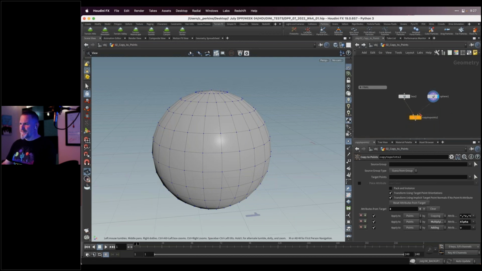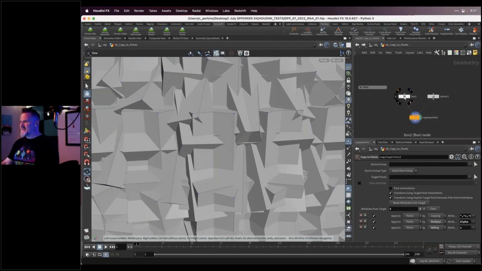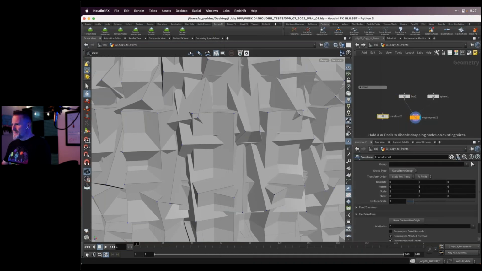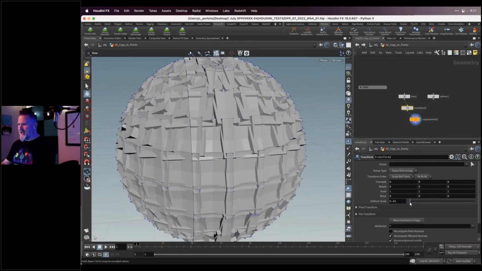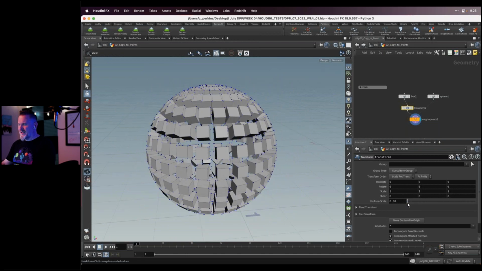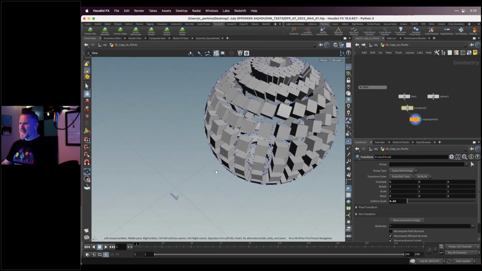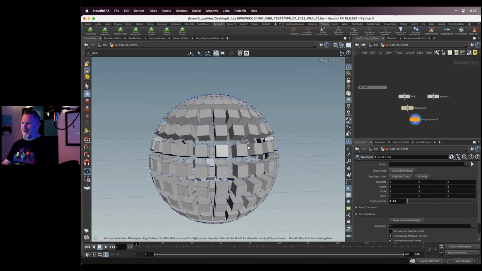points of the sphere. Now we're not seeing anything yet because what do we have displayed? The sphere. That's where the render flag is. So I need to change that to copy to points, and now we see this madness. So what I'm going to do here is add another transform node and wedge it in there, just move it over, and it automatically hooks up once it gets close. And I could go now and scale this down, and there we go. There we have it. So we have copied this box to all the points on the sphere.